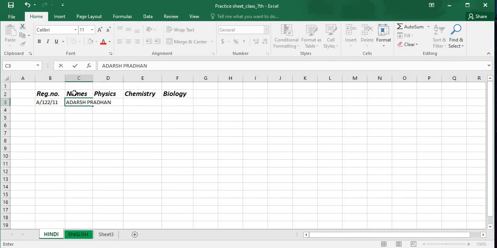Children, you are seeing this name is in capital letters, but if you want to write in small letters and capital letters, you have to turn off the caps lock on the keyboard. So you first have to erase this name, delete this name, then turn off the caps lock, and then write the name again. And if you want to write a capital letter, that is P, with the help of the shift key you can press the P key, then you will get the capital letter.